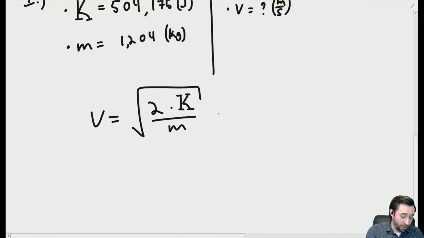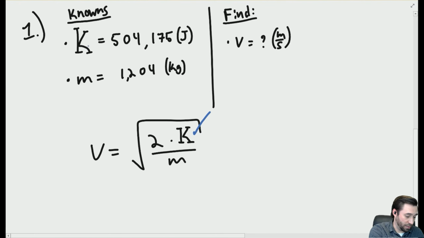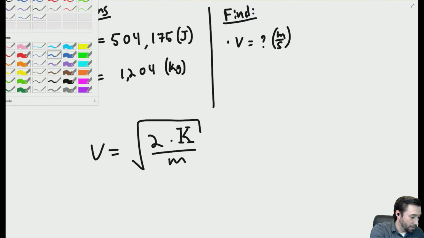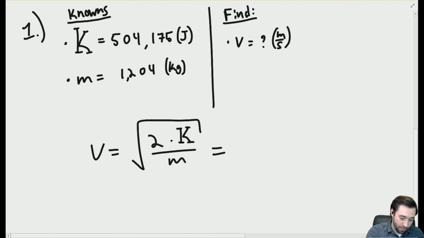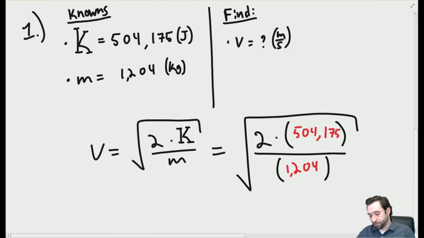Okay. So, do I have kinetic energy? Yes, I do. That's going to be right here. And do I have mass? Yep. So I'm allowed to plug in. So I have 2, and then I put parentheses where I'm plugging in, just to make sure I do the math correctly. So 504,175, 1204. Okay. Now what I'm going to do